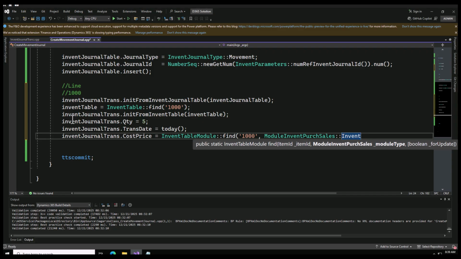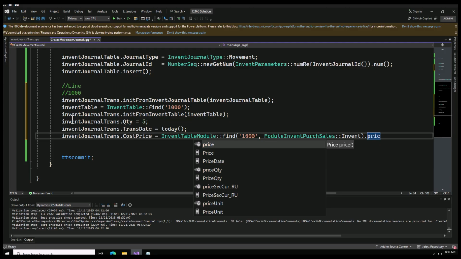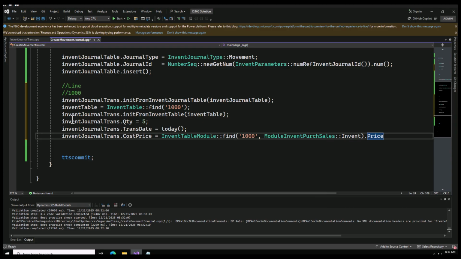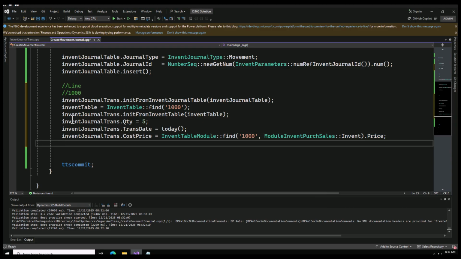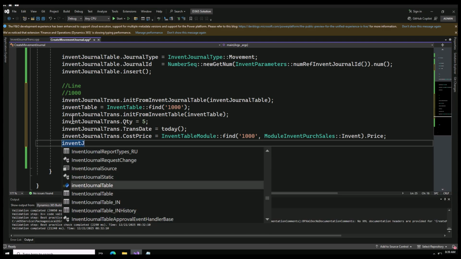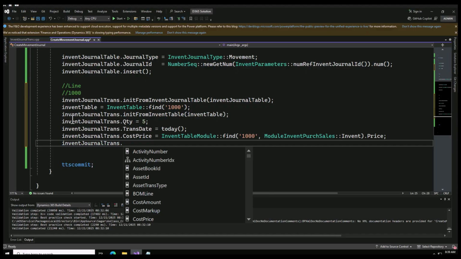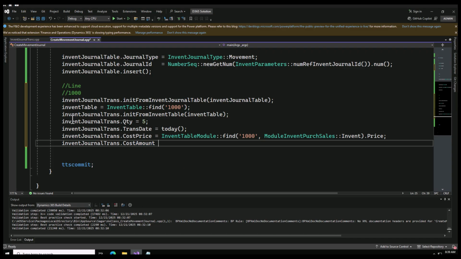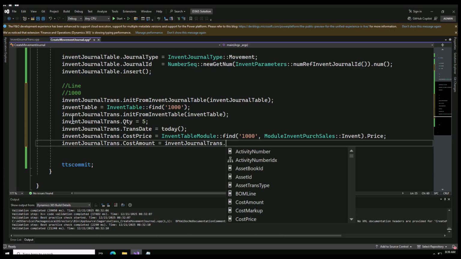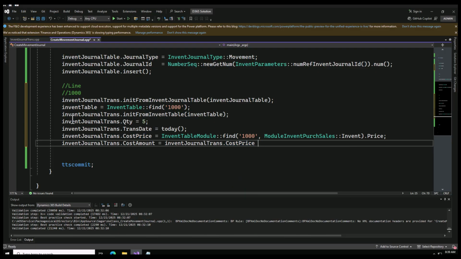So the inventory transfer is in process, so I can use this. Then I can say please get me the price, so I can say price here. That's it. And then I can say InventJournalTrans dot, there's a field called cost amount, which will be the multiplication of my quantity and cost price. So you can say cost price into quantity. So from here my line will be ready,